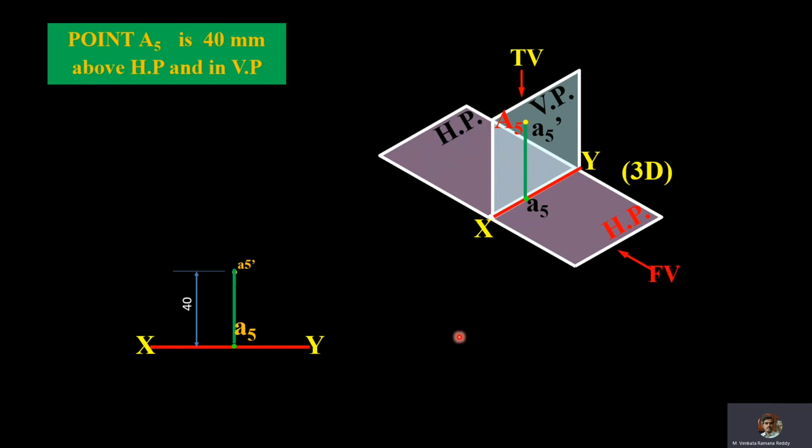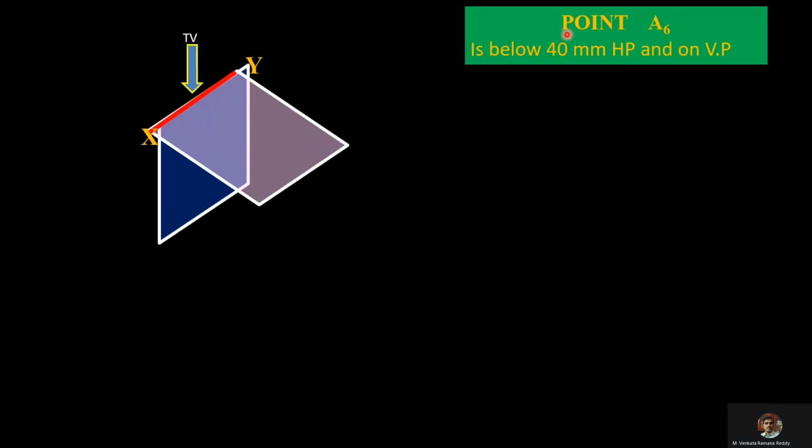Now we'll move to the next case. Point A6 is 40 mm below HP and on VP. This is the point A6. It is at a distance 40 mm below HP and on VP. Now we'll draw the front view. In the case of front view, we'll see the distance of the point from the horizontal plane, that is 40 mm below HP. So it falls at this particular place at a distance 40 mm below the XY line,